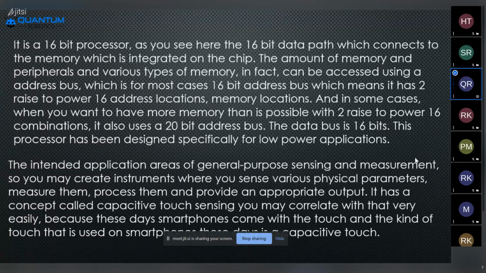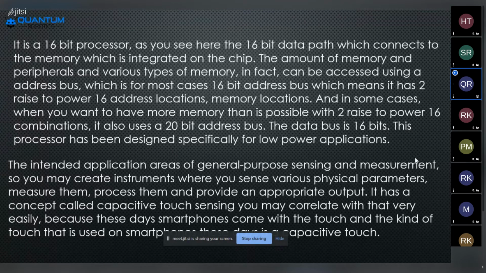Here you can see that in some locations they are using the 16-bit address bus, and in some locations they are using the 20-bit address bus. Address location means whatever name we are giving for that address bus. In some cases they use 16-bit, and in some cases 20-bit, according to the requirement of a particular device, on an industry basis or a home basis. We are using this type of microcontroller for a particular task.